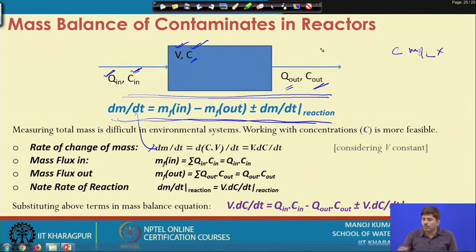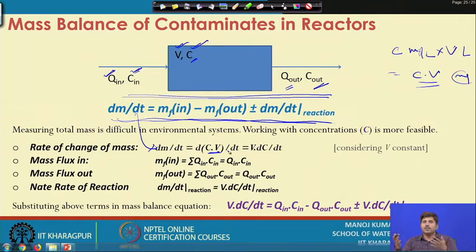V is my total volume. So, let us say V is the total volume in liters. So, we get total mass C into V in milligram or gram. So, C into V becomes the total mass. So, dm by dt is equal to d(CV) by dt. Now, if we assume that the volume of the reactor or volume of the system is constant, in natural systems also we can, because if we have a confined controlled volume, we can consider that volume as a constant.